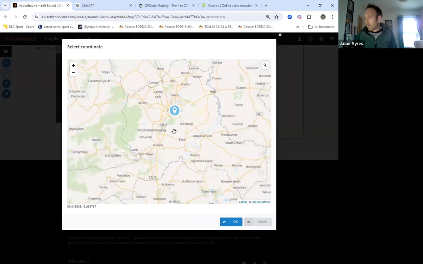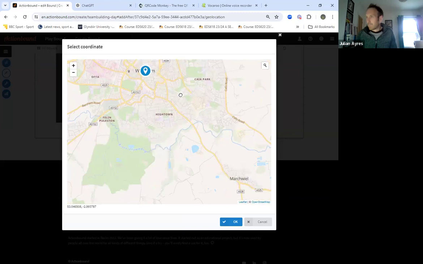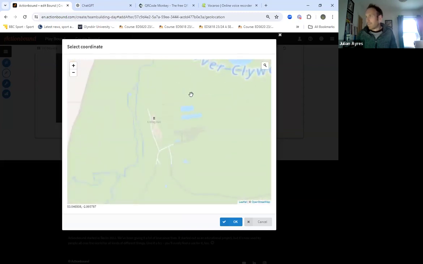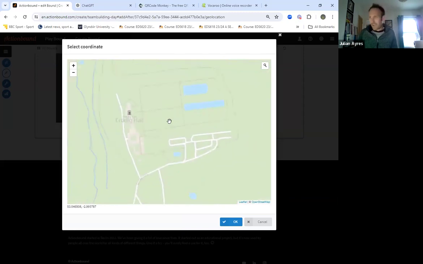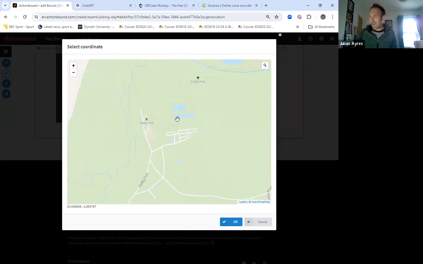Now I've got to work out where Irving is. All right, it's around here somewhere. There it is. Now, what it doesn't give you is the satellite image. So when I've done this before, I've done it off a campus where I kind of know roughly where things are. I know the Druid statue is somewhere around here, but all you would do then is just click,